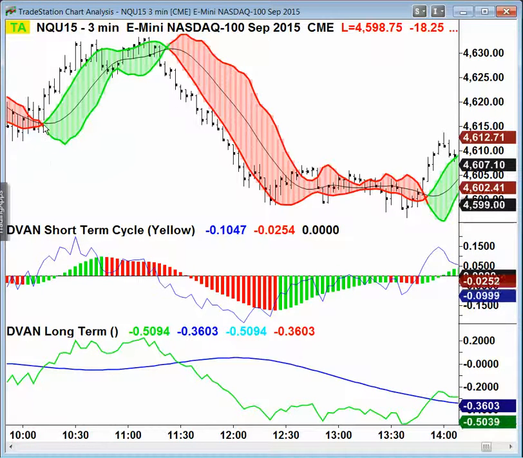So with DVAN SmartLines, we have the SmartLine cycles identified by the green or red shading. When you see a convergence of these cycles into green shading, that means you're in a buying cycle, red shading, selling cycle. The short-term cycle also identifies the intermediate and shorter-term trend. We have histogram bars showing the short-term trend and a leading line showing the execution points and the quicker force within that trend. There's also the long-term trend showing the bullish or bearish bias in the underlying security, in this